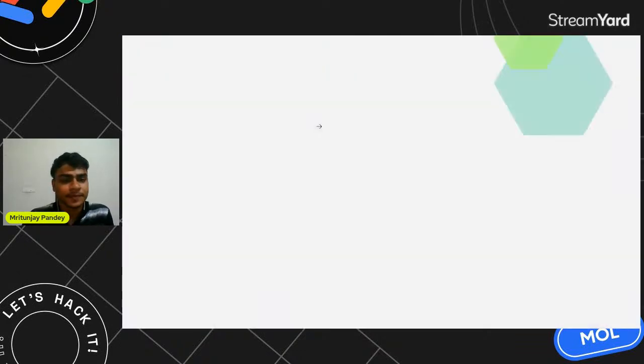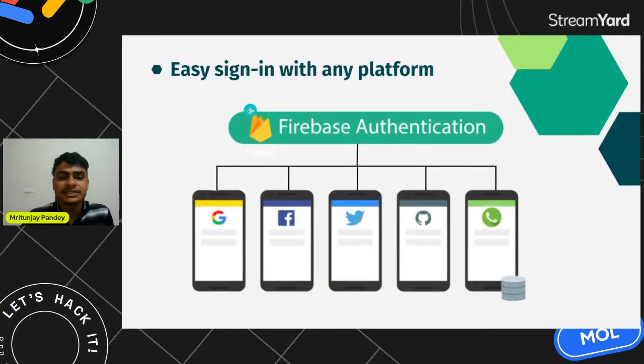So moving further, easy sign in on any platform. Authentication basically gives ways like Google, Facebook, Twitter, GitHub, and phone, and these all can be used as a verifying partner for an individual user, and these all can authenticate because these are big companies who are carrying big data. You can imagine that millions and millions of people are logging in,